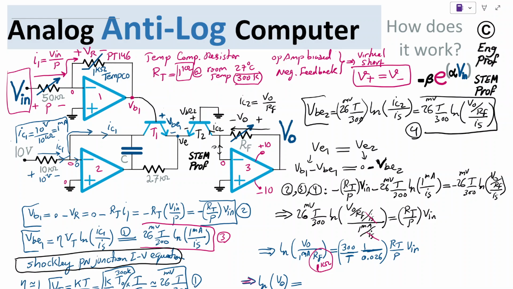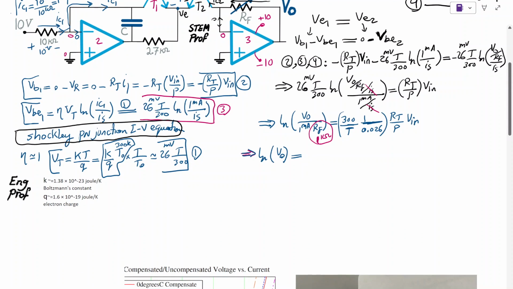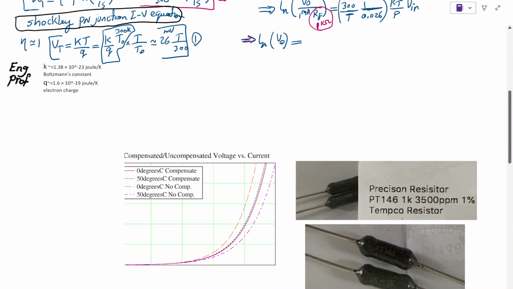Note that it's important that this 1 kilo ohm Tempco is connected thermally to the junction of the matching transistors. So this should be thermally in contact with the junction of the matching transistors, so that this 1 kilo ohm Tempco exactly experiences what the junction of these transistors is thermally experiencing. So that is the practical note. If we do so, one interesting thing happens: